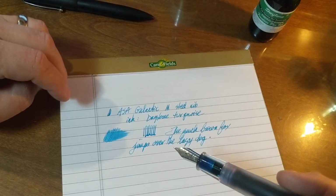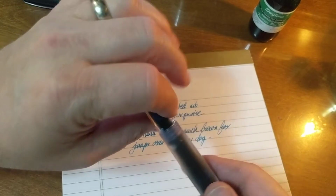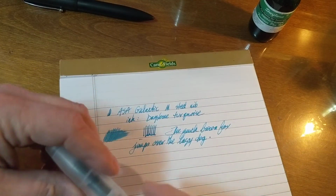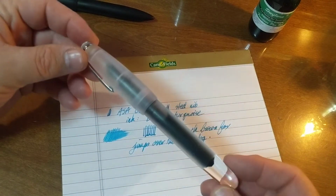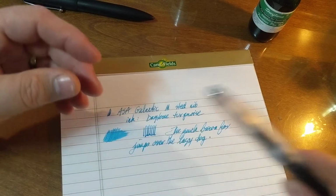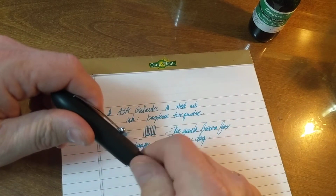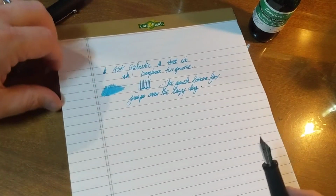But it's kind of fun to have an eyedropper with this thing completely full and seeing the ink slosh around inside of there. This is a very nice writing pen. I like it quite a lot. So that's the ASA Galactic, an acrylic demonstrator. And here we have the ASA Nauka, which I believe,